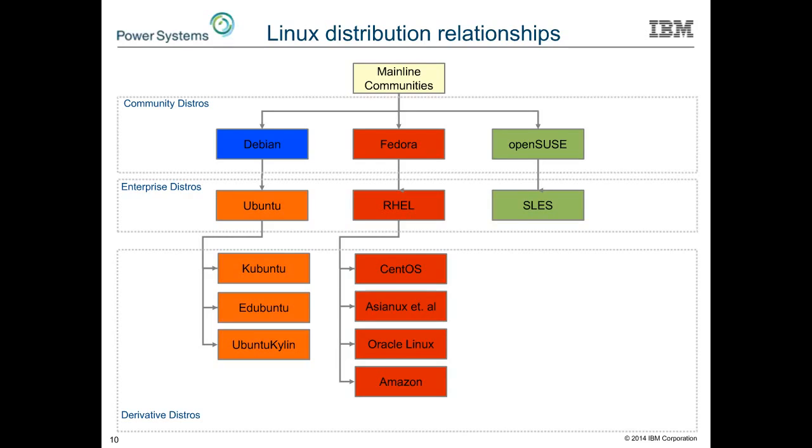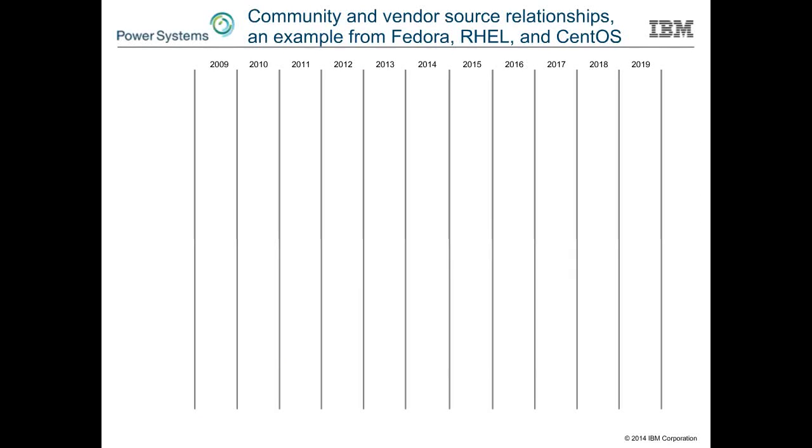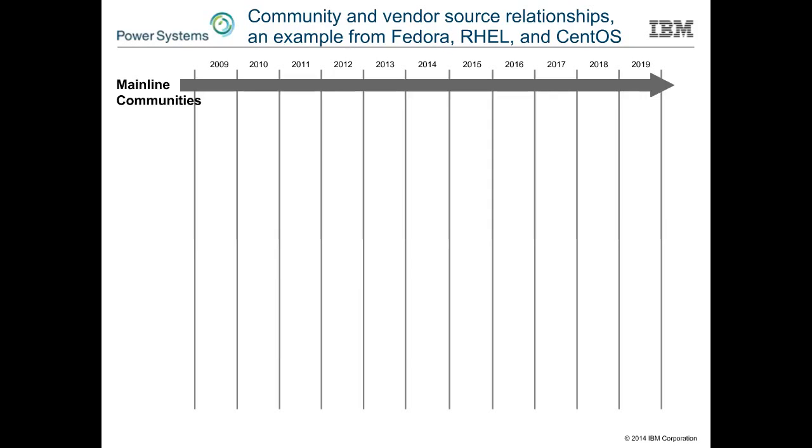But it is an interesting thing to know where all of these pieces fit. So let's go through a little bit of an exercise just to give you a feel for, in the Red Hat world, how patches flow, how communities go together. So, of course, the mainline community is always writing source. It's continuing on. They're having versions updated all the time.